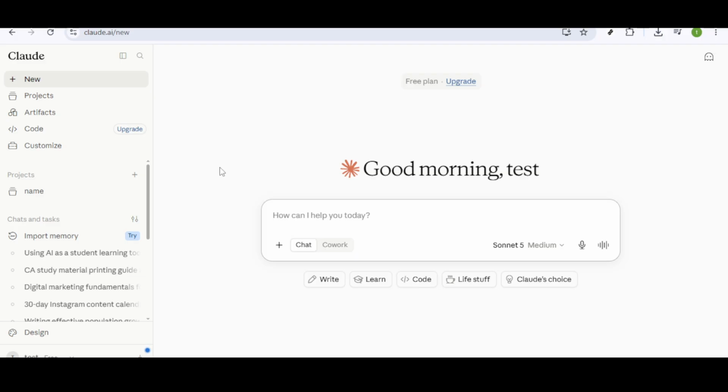drawing a blank. Now that you're logged into the right account, look for your conversation history or sidebar. This feature acts as the repository for all your interactions with Claude AI, both big and small. It should be visible as a menu or a button, often located on the left or right side of your screen. If you don't see it immediately, look around your interface or check under a menu labeled Settings, History, or